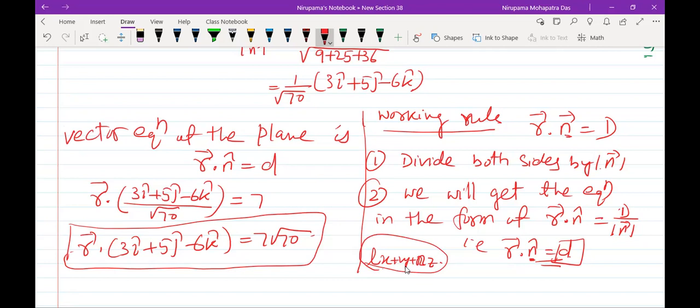Okay, so I think this is very clear to you. How to find d, how to reduce the equation to normal form, and if you are already given n vector and d, how to get the equation. You are also familiar with both Cartesian and vector equations of the plane in normal form, and you could visualize how the plane looks whenever we have it in normal form. Thank you so much, and I hope you will practice the questions related to this concept.